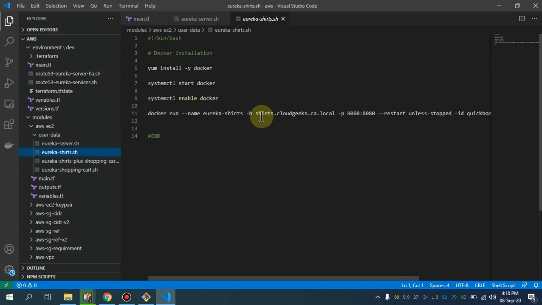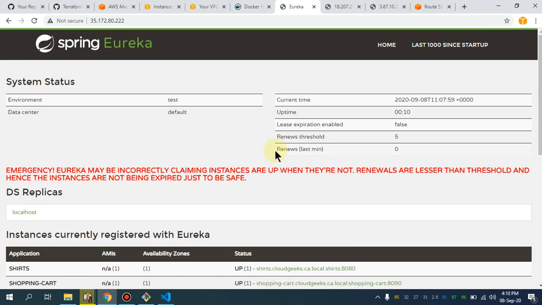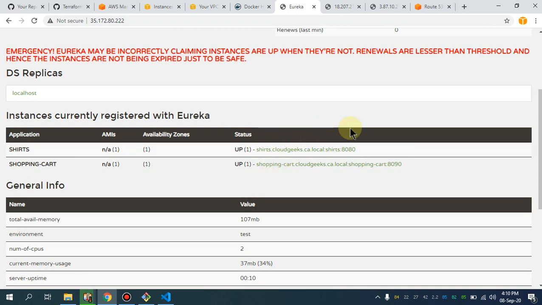So this is also registering with this name, and the other services are also registering with their host name. That is how they are able to register with their host name. So why is it important? It is really important for service discovery and the routing between two services.